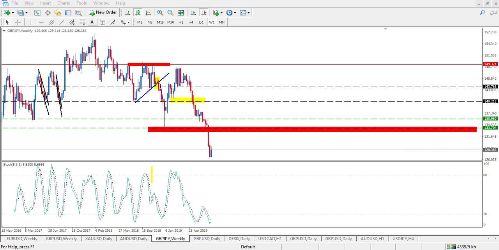133.70, but now the pair is traded around 128.38. So what we can do now is to wait for the pair to reach this resistance level 133.70, which is where we can look for some bearish evidence for an expected movement to the downside, that it might reach the level of 128.38. This is conditioned by the continuation of trading below the level of